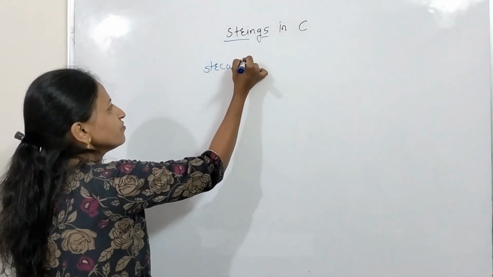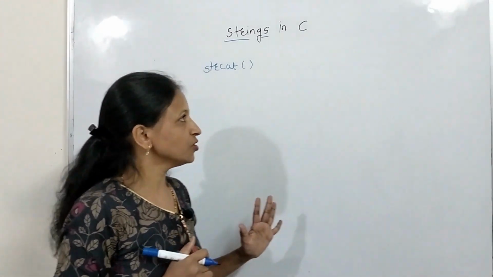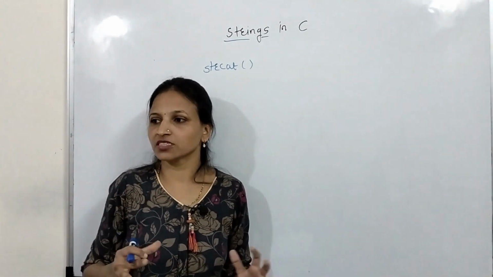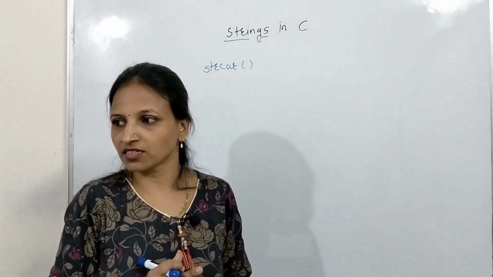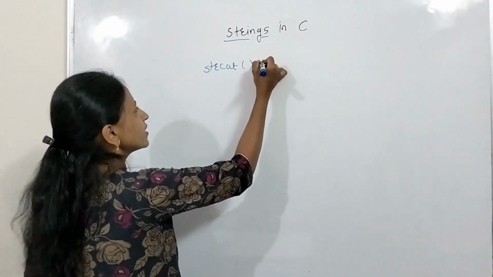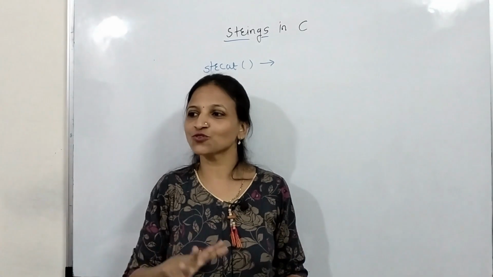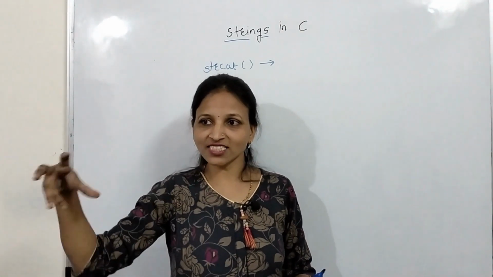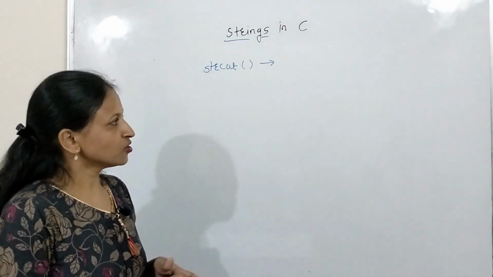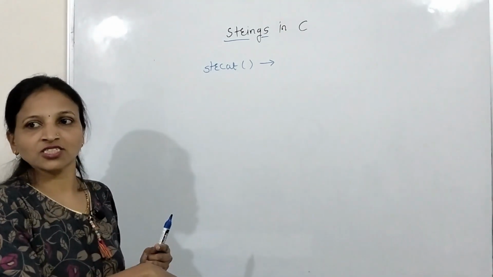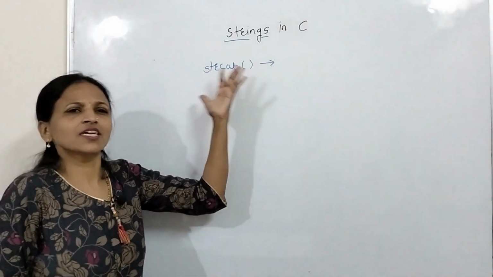This is an inbuilt function present again in the string.h header file that we can use to concatenate two strings. Concatenation means attaching two strings to each other. That is for concatenation, or you can say that it is used to append one string to another. Append means attaching at the end. Whatever destination string we have given, the source string will get attached to that destination string, and that destination string will get returned. Destination means target string.